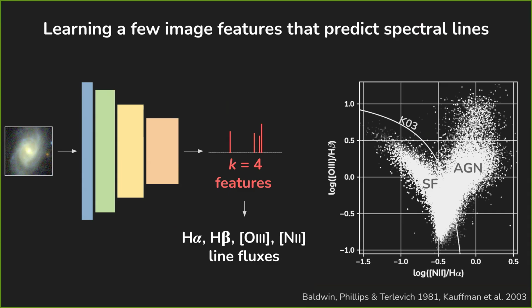Is that what's happening? Yeah. I mean, you're not resolving the line itself into images. No, by no means are you doing that. And in fact, you can make this learn things that are well outside of the filters. Like we can learn the HI 21 centimeter flux, which obviously is not an optical line. And the reason is because, and I think this is the essence of it, that